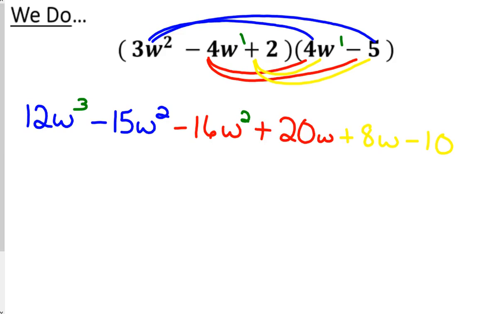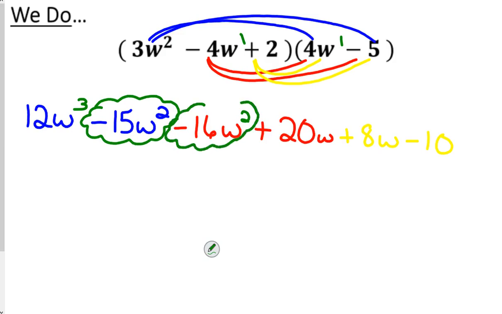From this point, we're going to mark our like terms, and because it was a trinomial times a binomial, we're going to have, in this case, more than one set of like terms. So see if you can identify the like terms before I do. Remember, like terms, same variable, same exponent. So we've got these here, the W squareds, and then we also have